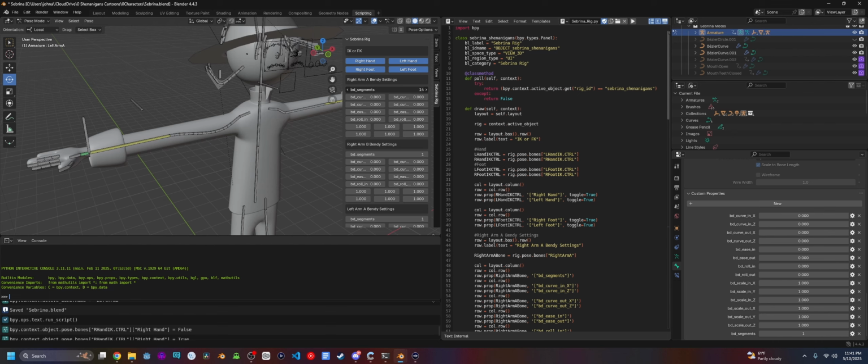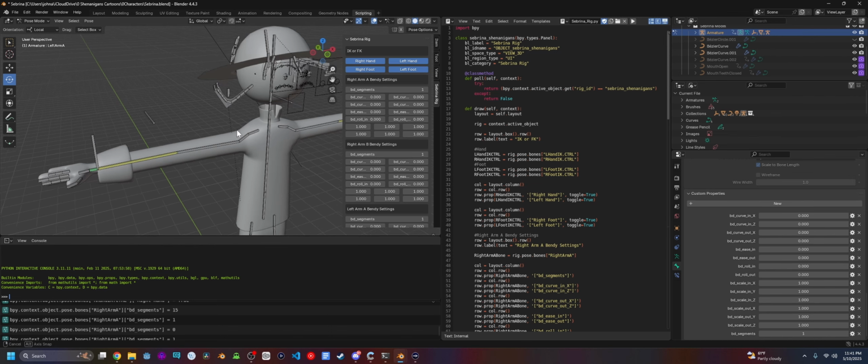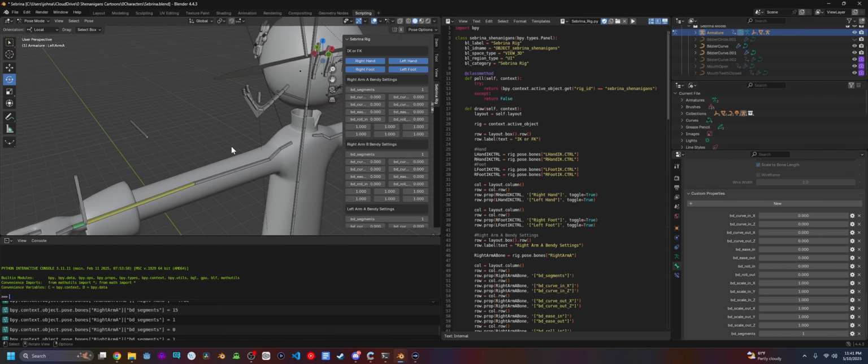For the bendy bones, same kind of thing, but it's just all in this panel. So instead of doing it with the bones, I can do it with this menu. So then I don't have a huge panel and a mess or anything else like that,